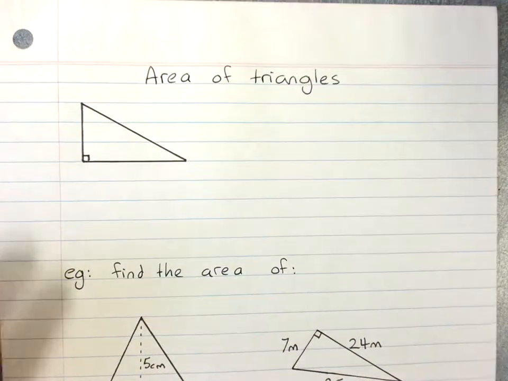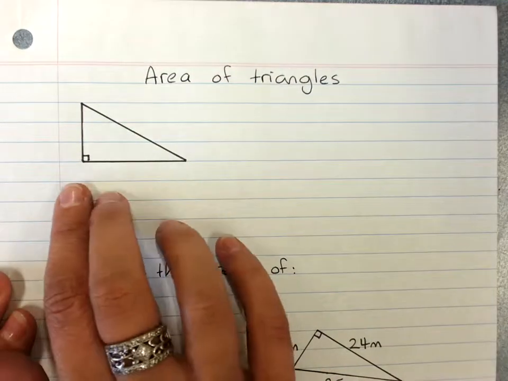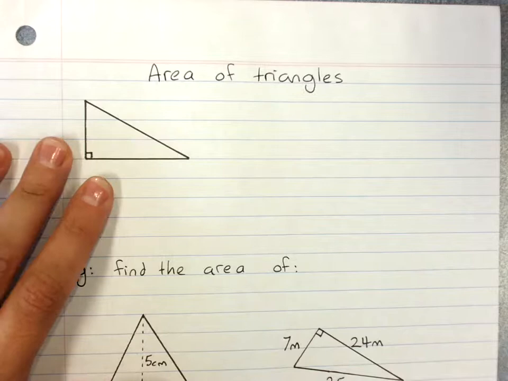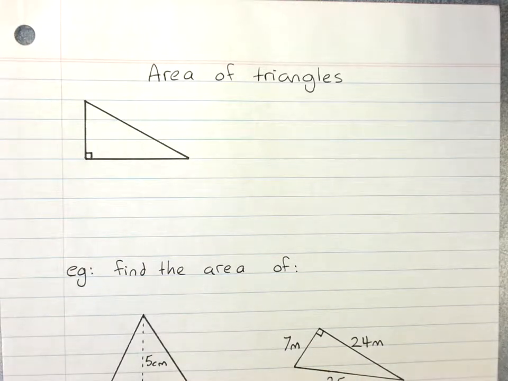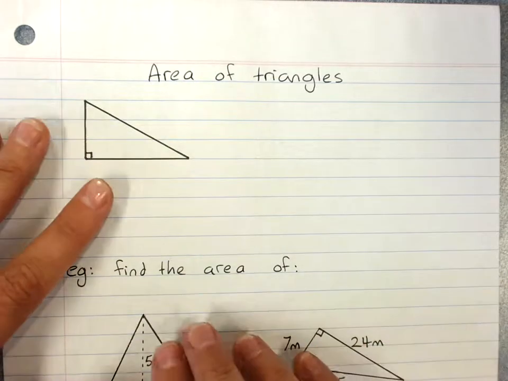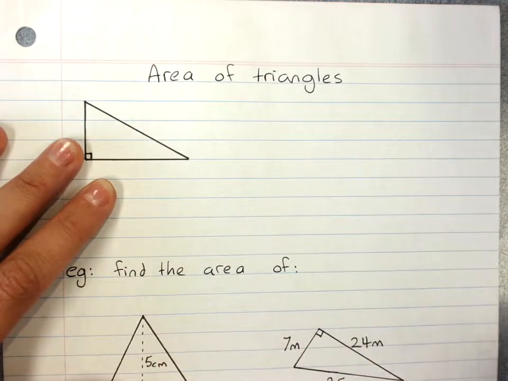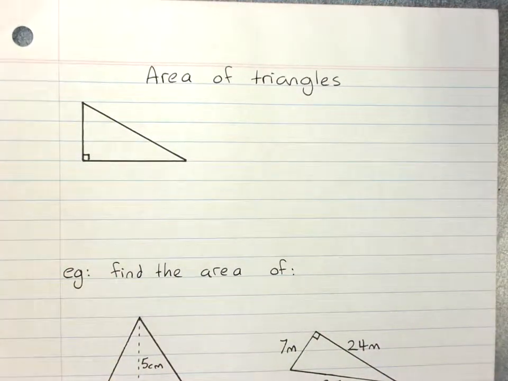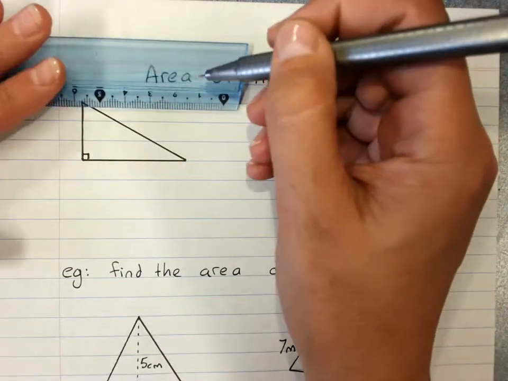Of triangles. So I'm going to explain how we get the area formula for a triangle, and then I'll show you how we use it. So here's a triangle, and the area formula of a triangle is based on the fact that